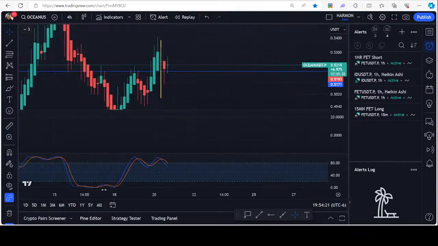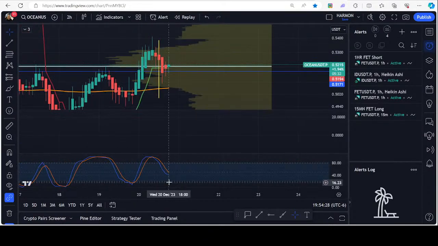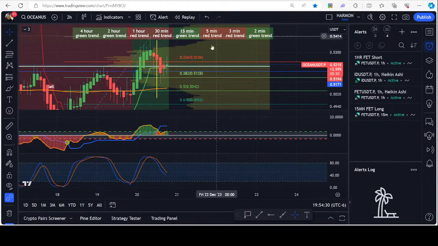Let's take a look at the 4 hour to see where we're at. We have a crossover. This is a solid A trade on the 4 hour. 2 hour RSI. So what an A trade is, guys, if you're new into the Discord or just new all around, you want to get into trades where your 4 hour stochastic RSI are at the top and heading down. So guys, if this is what we're talking about, if you're getting alerts or doing anytime